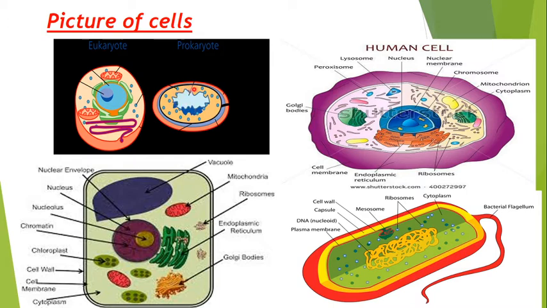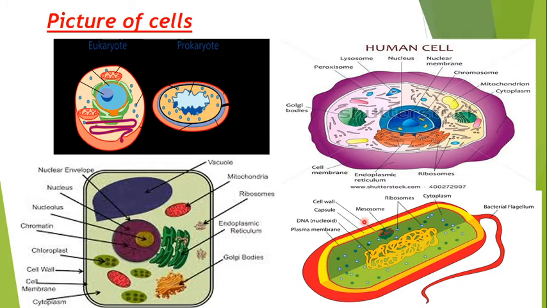Here we don't have a distinct layer that covers the nuclear part, but here there is a covering, and so this type of cells are called eukaryote and this type of cells are called prokaryote. Usually all the plants, higher plants and animals are eukaryotes. Even we, the human beings, are eukaryotes. But some unicellular organisms, some bacteria, are all prokaryotes. And here there are two cells, a human cell and a plant cell. Human cell means animal cell, we consider it as an animal cell, and this is a plant cell. So this is a picture here.